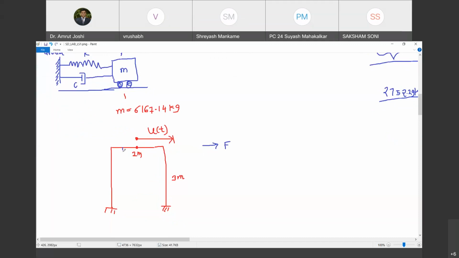So let me draw the deformed shape. So deformed shape is going to look something like this. I hope you agree with me. Would you agree with me? When I pull this slab towards right, the deformed shape is going to look something like this. Agreed? Type your response in chat box. Yes, I'm waiting. Please type your response in chat box.